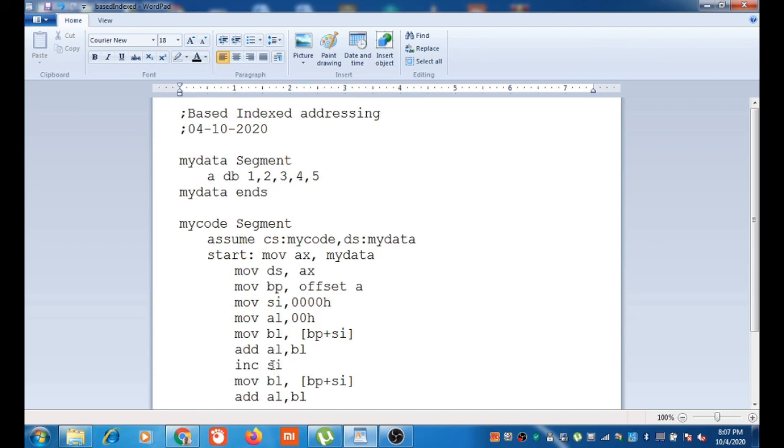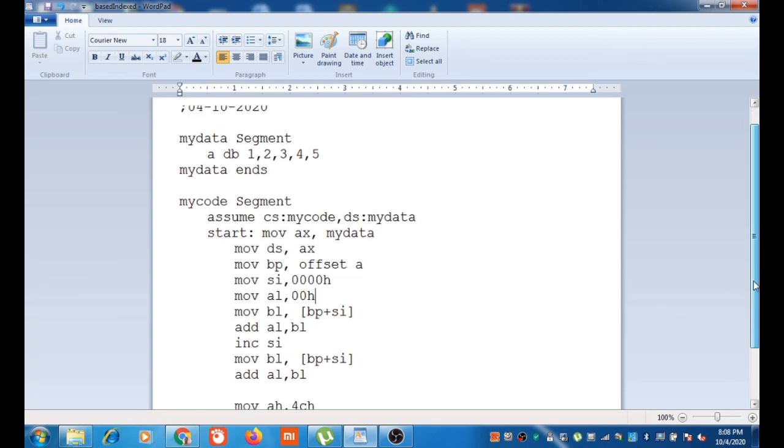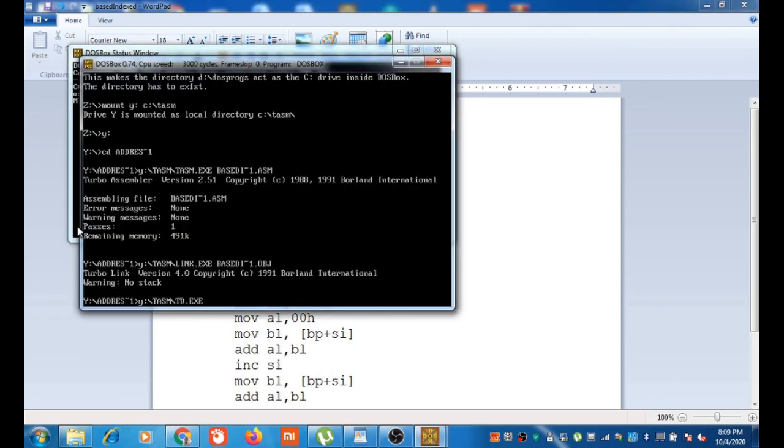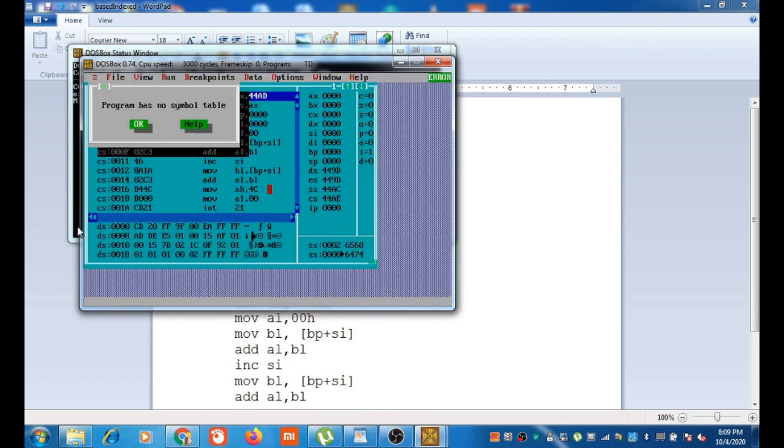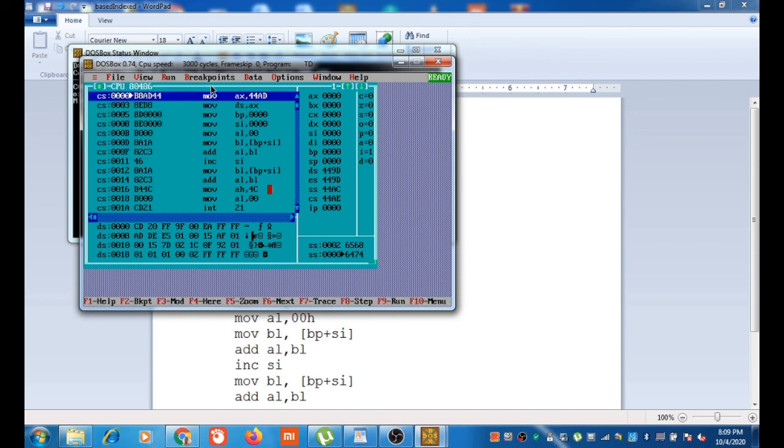Then we will increment SI content and we will take the next element to BL and add it to AL. That is the program. We are loading the program. Our array elements are 1, 2, 3, 4 and 5. Single step.